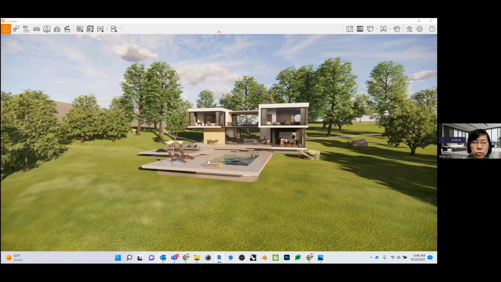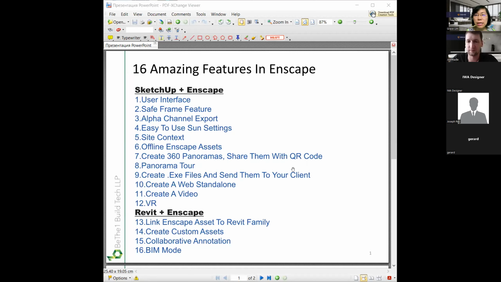Okay. So let me go back to show the 16 features. Okay. So these are the 16 features that we have covered in Enscape. Okay. So do you have any questions? Any question from the audience? If not, then I'll just show you